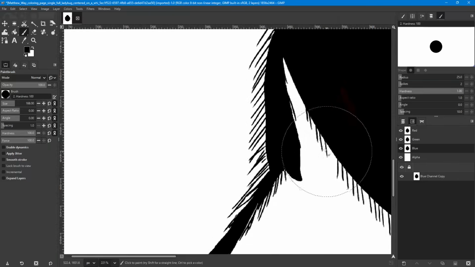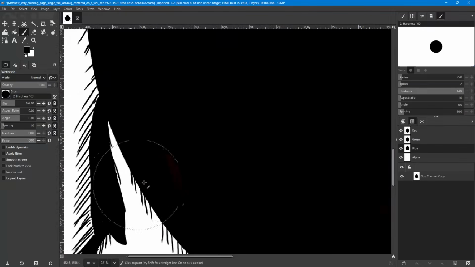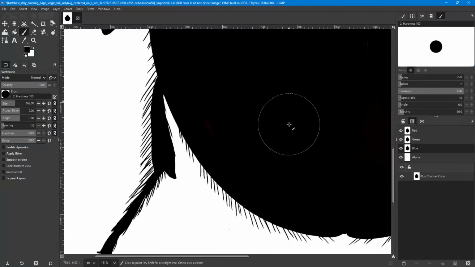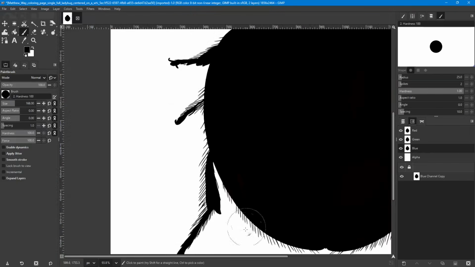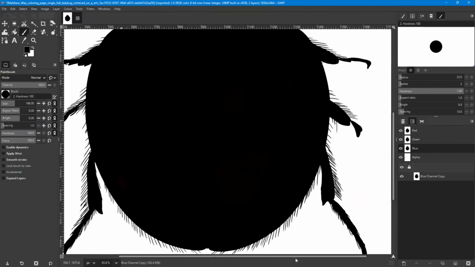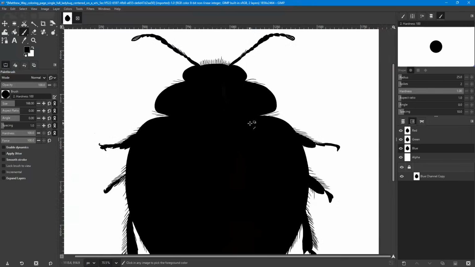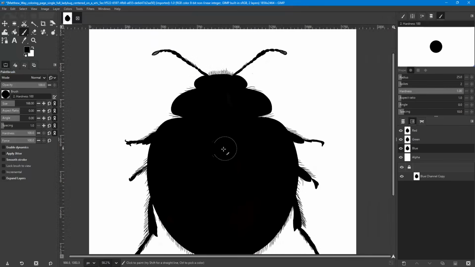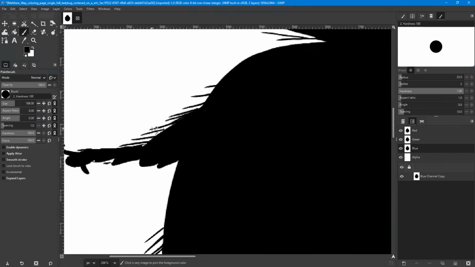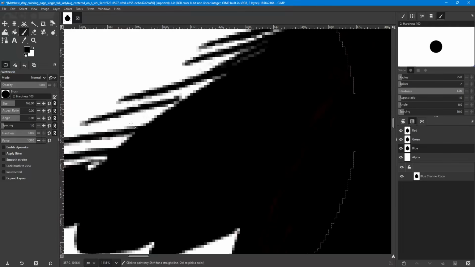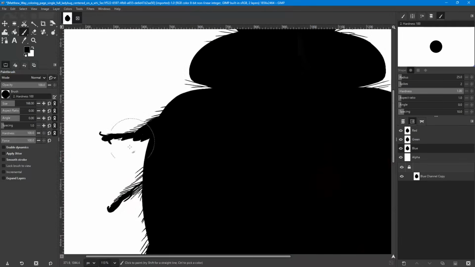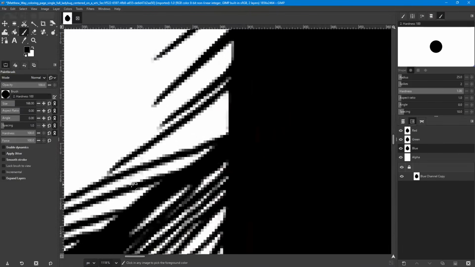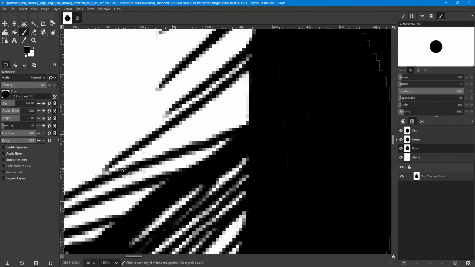Now, you might be thinking, well, isn't that similar to what you just did a minute ago? It is, but watch what happens when we make the selection this way. Everything in this shot is black or white. There's no grays. I mean, there's a few down here, right? But this white right here, because we're